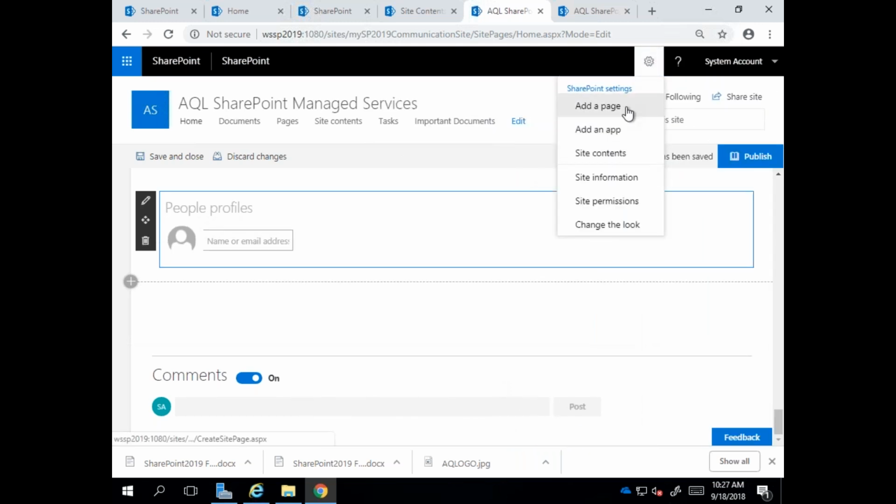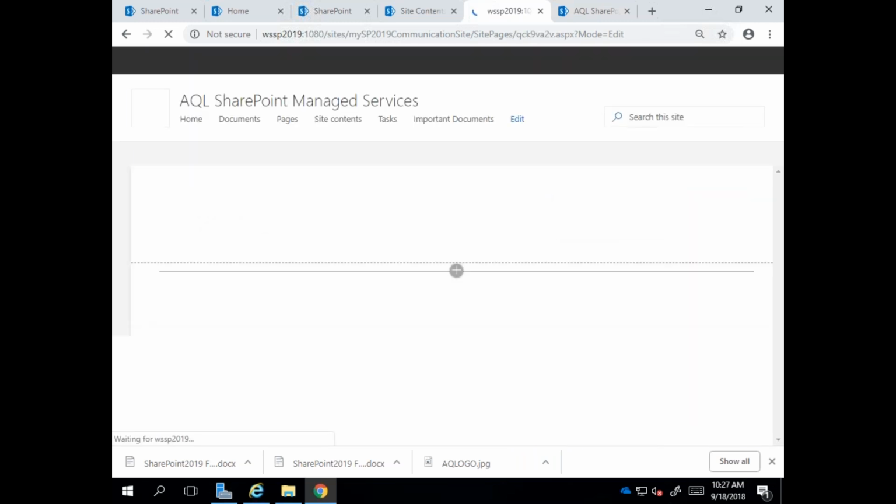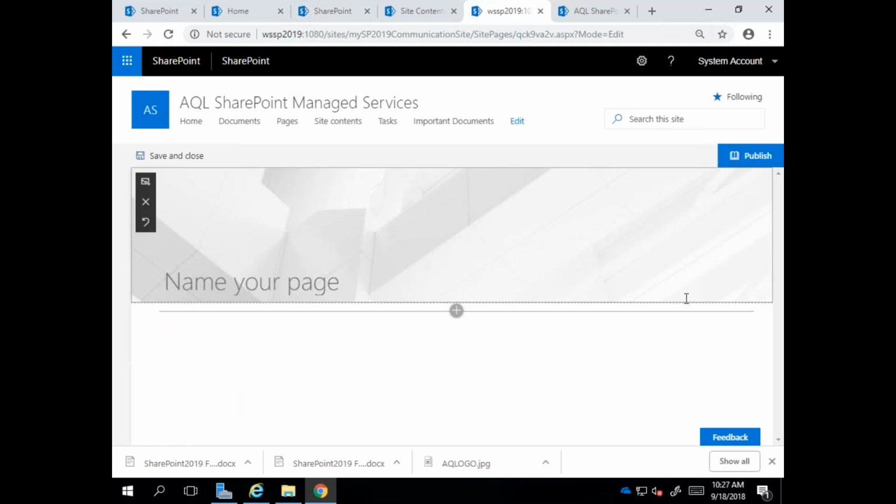If I go ahead and add a page over here, like a brand new page, you're going to see that this is a modern page that I actually get. So this modern page, which comes with SharePoint 2019, has got a new content type, the site page content type. And the best part about it is the layout. I can go ahead and start with